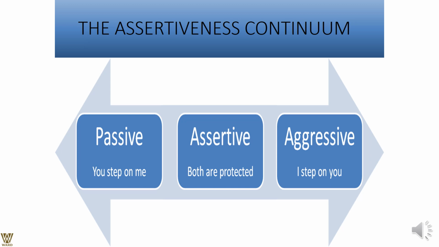So, assertive continuum: there are basically three continuums that come around it. One is passive, wherein you are basically letting people walk over you. You are not objecting. Assertive, wherein you are not only protecting your identity and your turf, but also protecting the turf or the identity of the other individuals, organization, and so on and so forth.